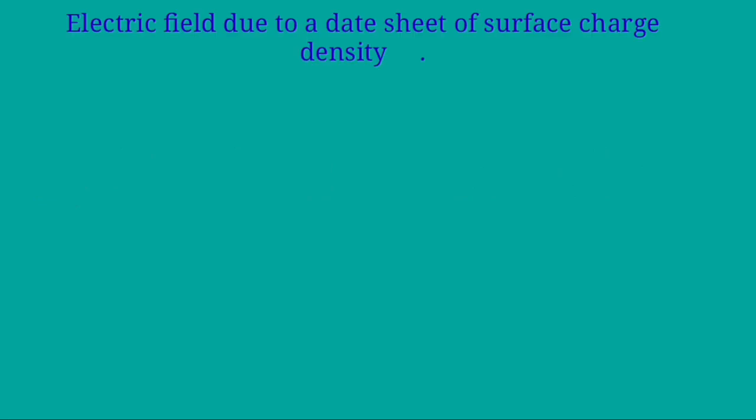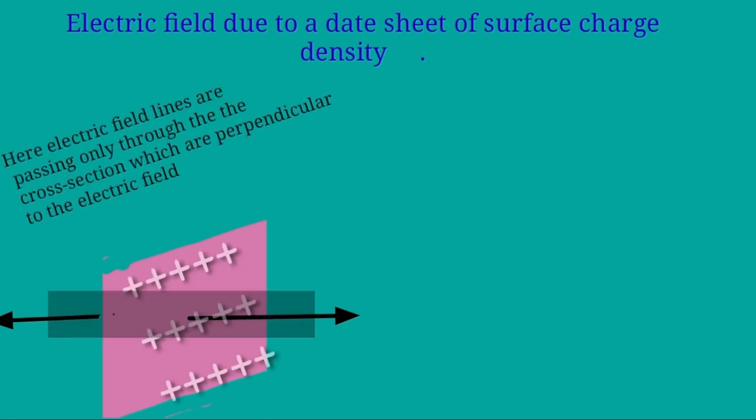Now we will derive the expression of electric field due to a sheet of surface charge density sigma. Here the electric field lines are passing only through the cross sections which are perpendicular to the electric field. Now we consider a cylindrical Gaussian surface such that its area of cross section is equal to pi r square